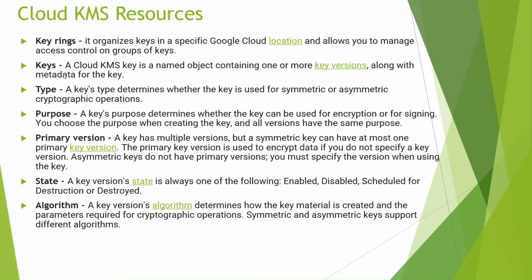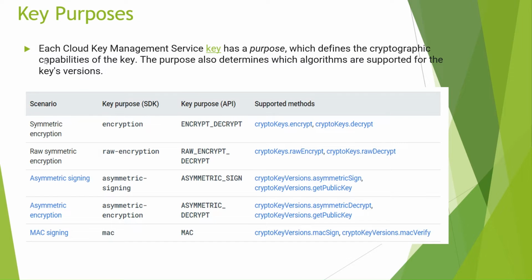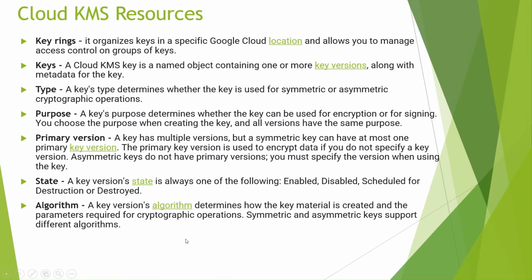So if you have a key, you can create multiple versions, and then that version can support multiple types. So it can be any of these types, like encrypt/decrypt, sign, MAC, and type. So type can be only one type. We cannot change the type once it has been created, whether it is symmetric or asymmetric. You cannot change a key type again and again.